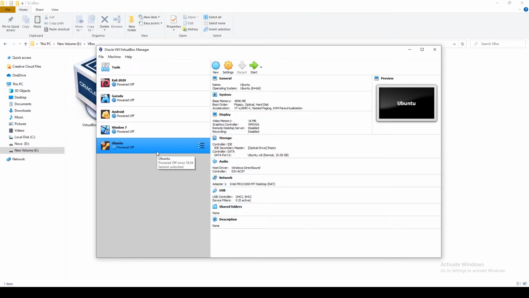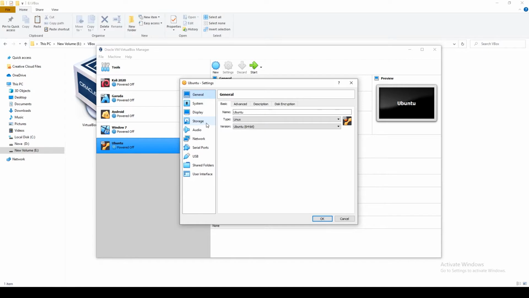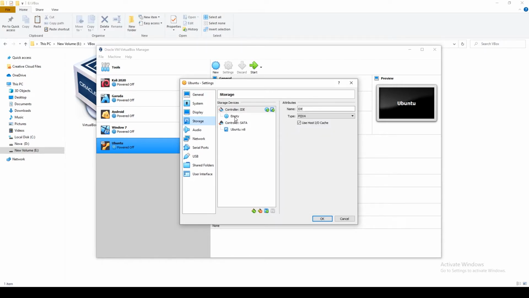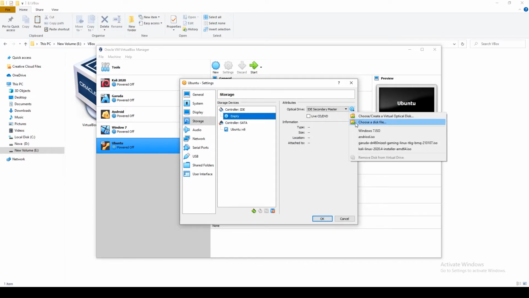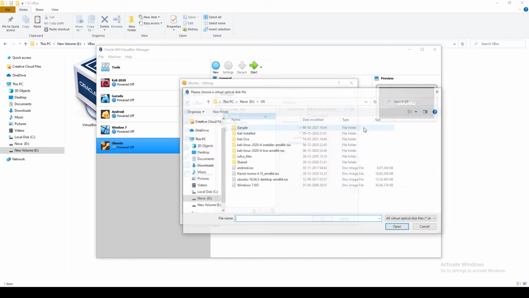Now the OS profile is created. You just need to configure the ISO file you downloaded with this operating system. For that, click on settings. Go to the storage section and click on empty. Now click on this icon and choose a disk file.